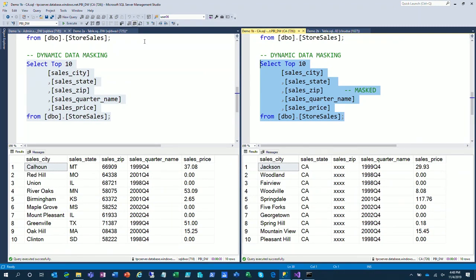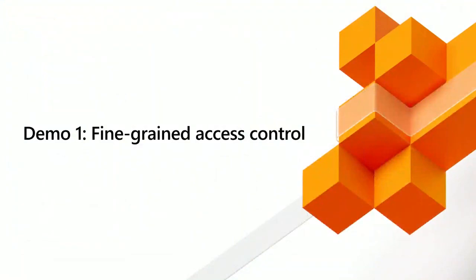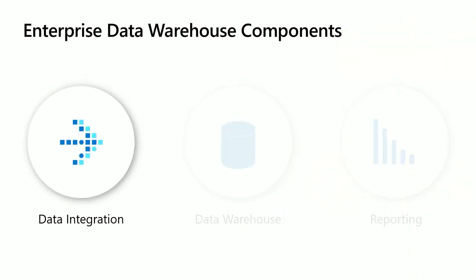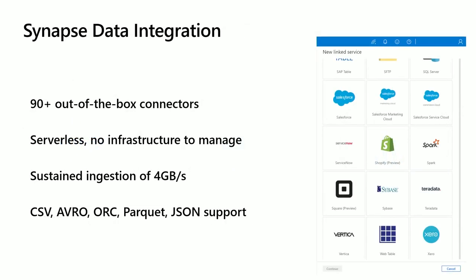Let me flick back to the slides here quickly. So now I'll start to break down the three fundamental. Migrations are hard. I'm not going to be the guy that says, hey, you just have to do data integration and warehouse reporting and you're migrated, right? We have a finite amount of time here, and I need to try and up-level the message to hit every point. But what we've done with data integration is we have enabled the 90-plus connectors that I mentioned